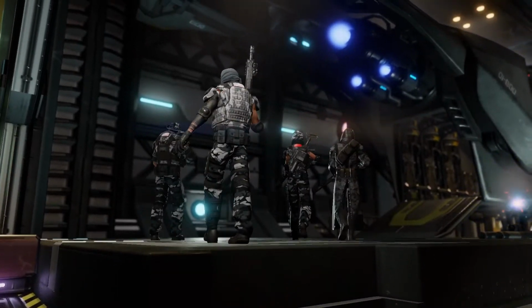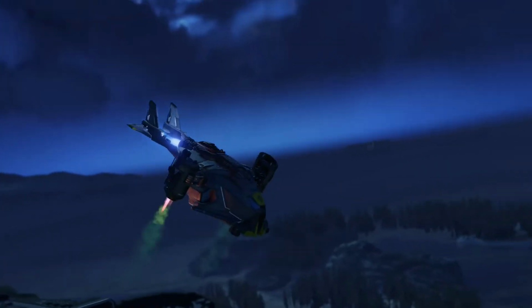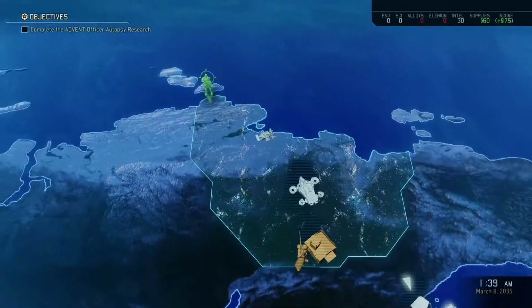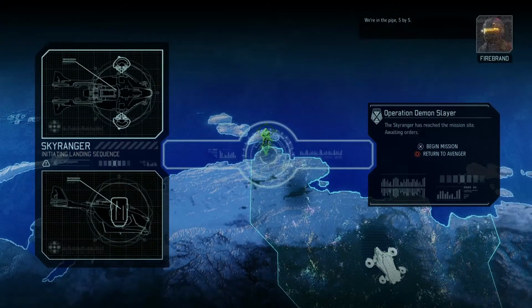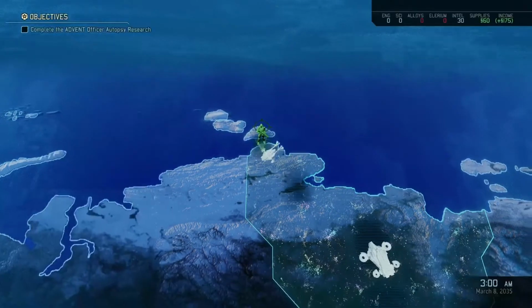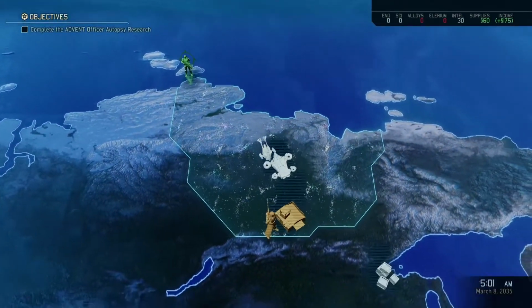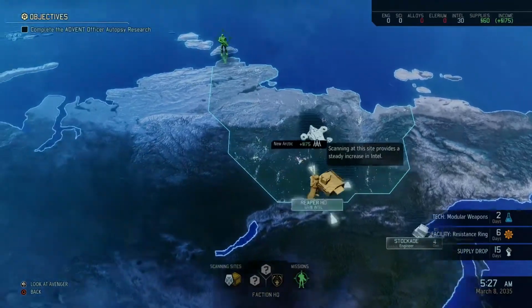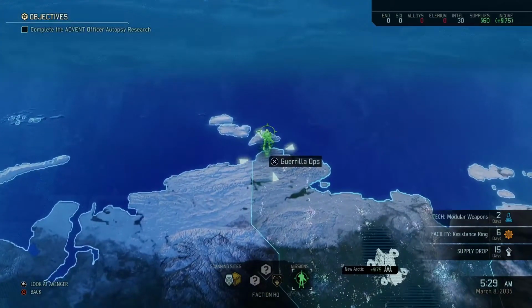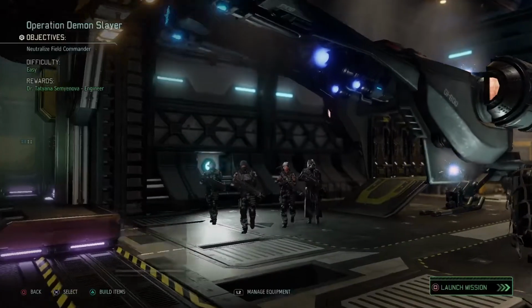And unfortunately I forgot to equip the flashbang. So Sky Ranger deployed. Oh goodness. We're in the pipe. 5x5. Sky Ranger recall confirmed. So let's go back and equip that flashbang. I had a feeling that when I bought the flashbang that I would end up forgetting to equip it, which is exactly what I had done. So